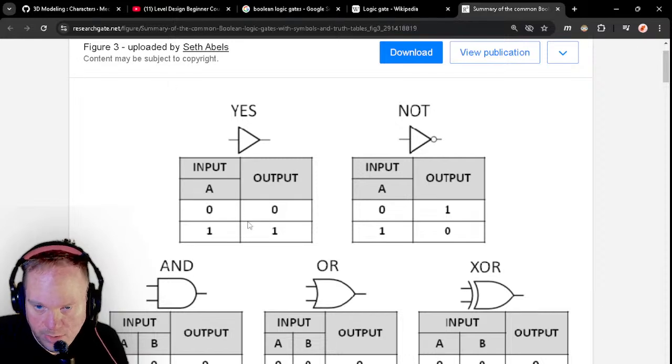If the input is 1, output will be 1. So there is an electric current passing through. If the current is like 0.5 volt, it means 0 passes. If it's 1 volt, it goes out the same. But this one, it inverts